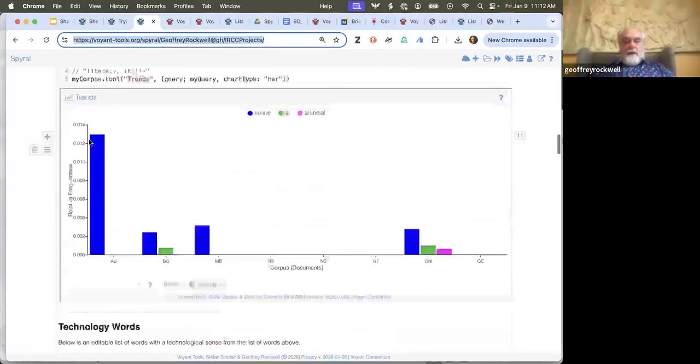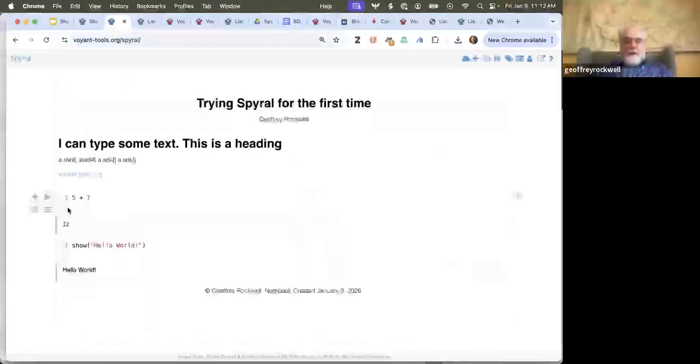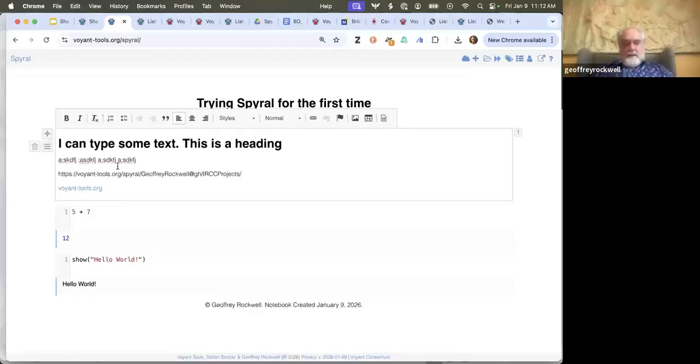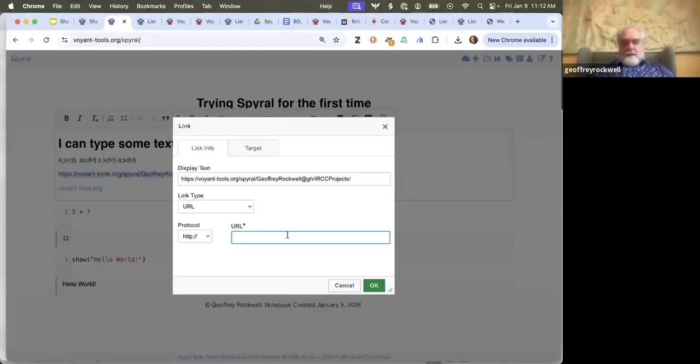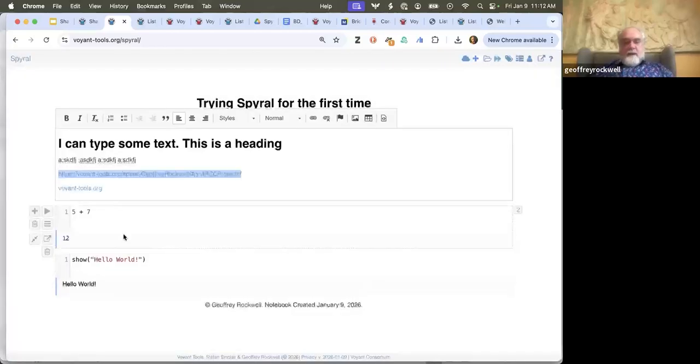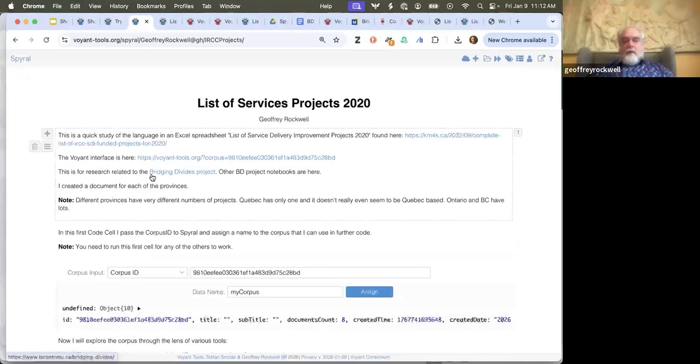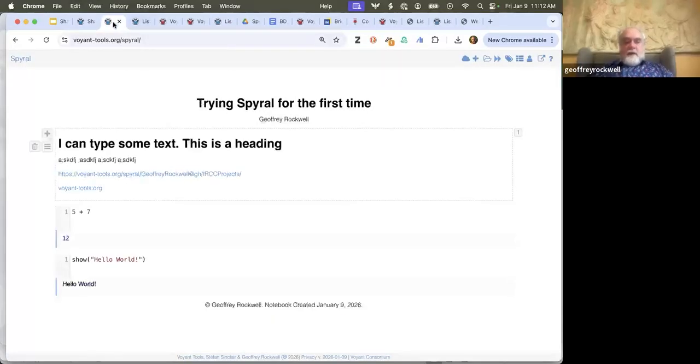Or I could put it into a different notebook, or I could put it into an email or whatever. So I can put this, there's that link. I'm going to copy it. I'm making it a link. Now, if somebody clicks on this, it will open the list of services. So you need to get the GitHub account. Then you can save your Spyral notebooks on the server, and then you can send anyone the link and they